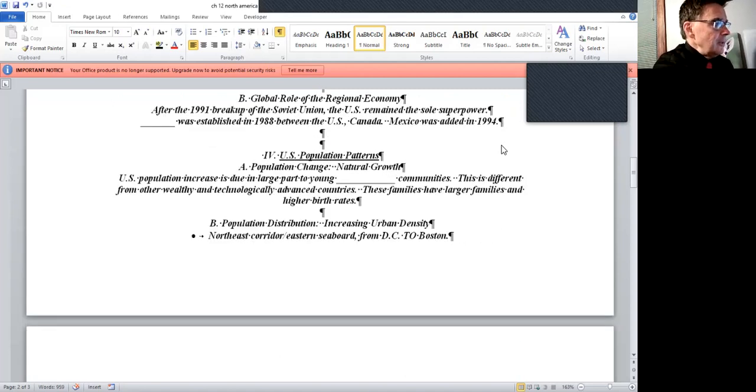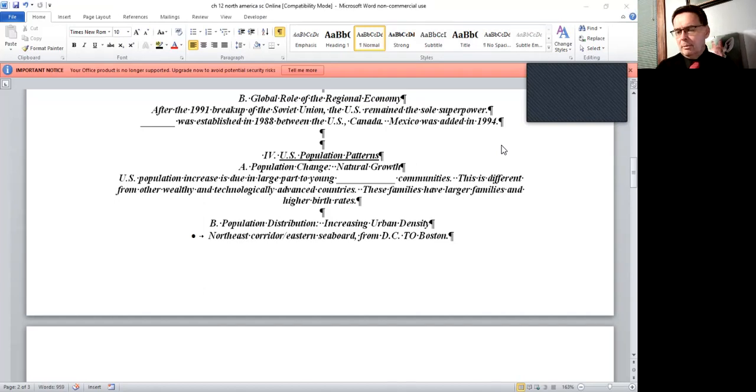U.S. population patterns. Population change and natural growth. U.S. population increase is due in large part to young immigrant communities. This is different from other wealthy and technologically advanced countries. These families have larger families and they have higher birth rates. So when you compare birth rates between the US and Canada, ours is always a little higher. The values are generally the same between native born Americans and Canadians, but the immigration factor